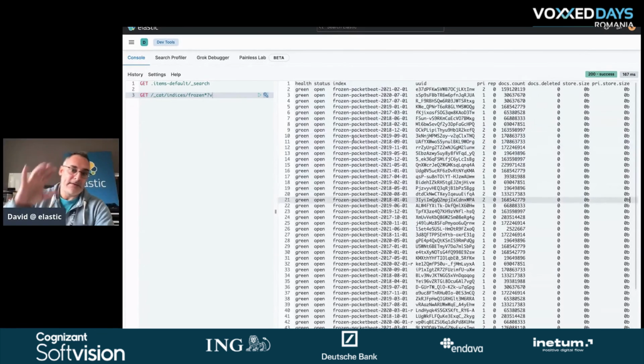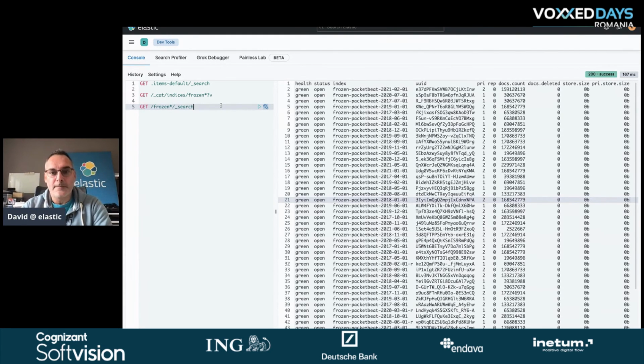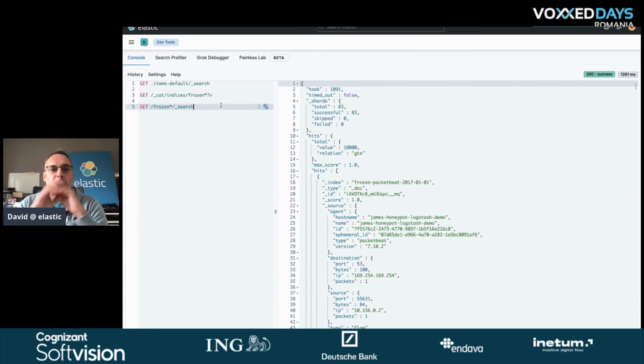It means that we are using the frozen feature of Elastic. And what we can do here is to start searching within those data using this API. I'm just going to show you a simple thing like a search. Hopefully this will work. So we are just querying here the frozen indices, which are archived.